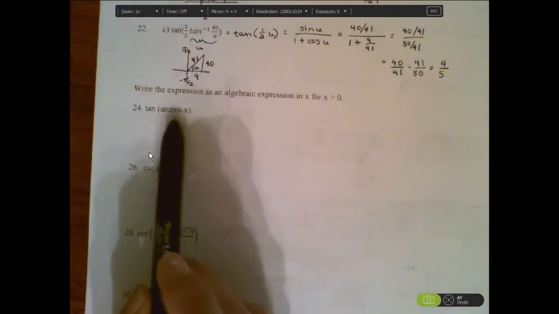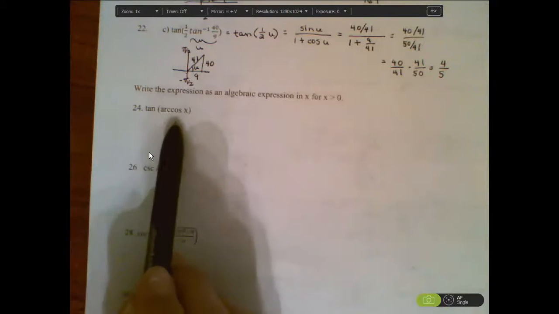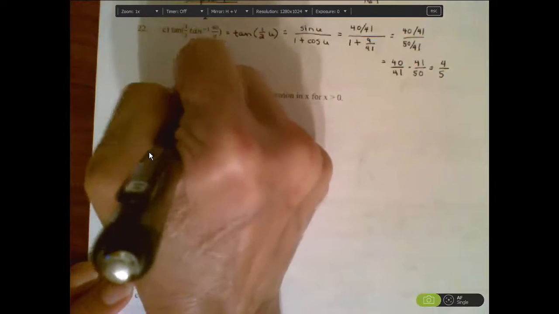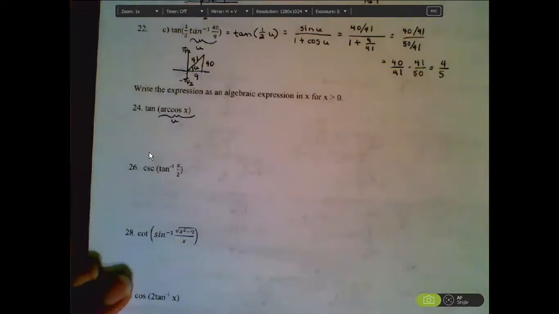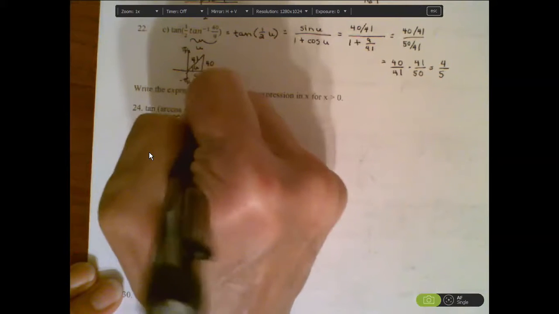But I could still draw a picture of an angle whose cosine is x, and if x is positive, this angle is going to be in the first quadrant. So I can label that some angle u, and I can draw an angle u in the first quadrant,